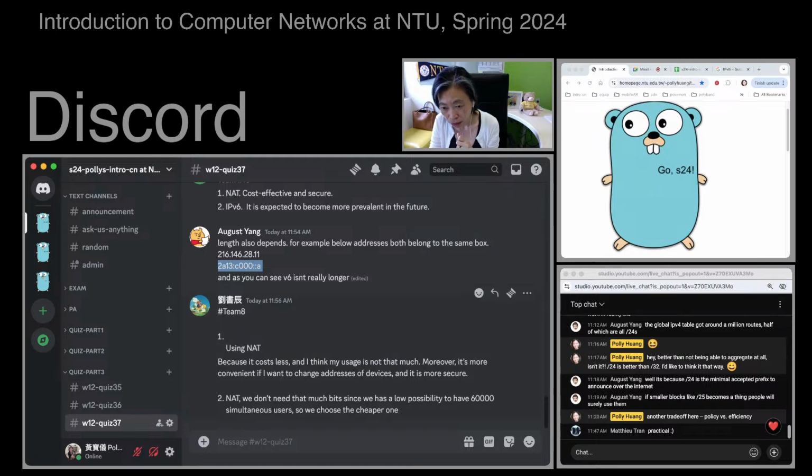Okay. Team 8. Again, wait, last but not the least. Okay, using NAT. Yeah, very practical choices, Team 8. Very, very practical, Su Chen. Yeah. All right, so NAT. Now let's check out